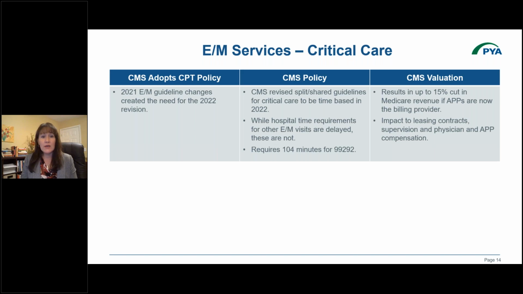The clarification is that the second code for critical care, the 99292, that allows you to bill those additional 30 minutes, requires a total of 104 minutes. There was a typo, or something they missed, in that they did not update the previous time increment for the split shared side. Whereas they said 104 minutes in the follow-up care section, they did not include that in the split shared side. Now they're clarifying, actually we meant 104 minutes for both sides.